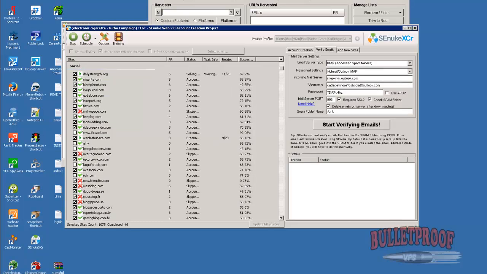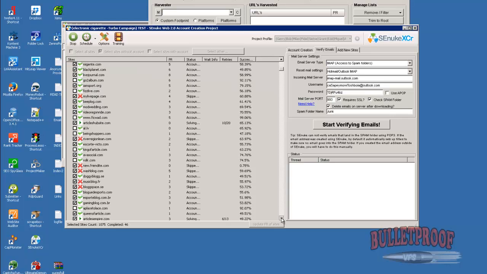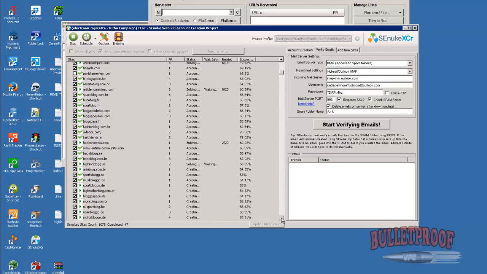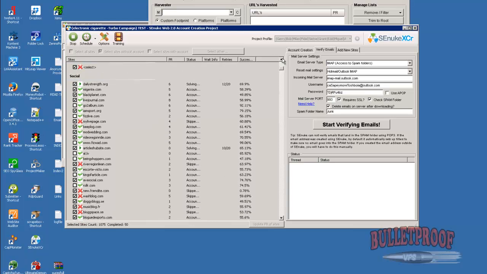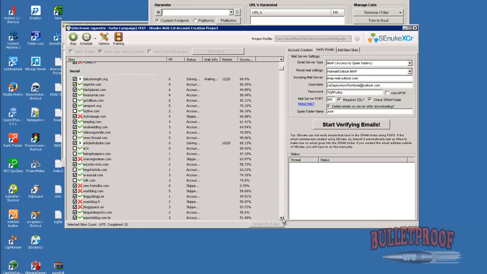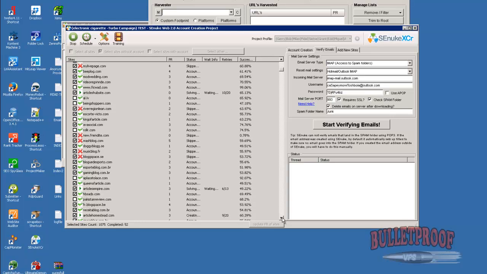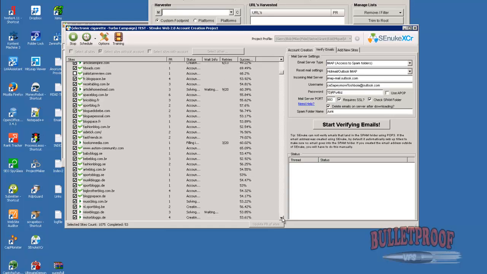Okay, so I'm just checking in here, to show you guys how good this is going. If you can get as good of a success rate as this, then what's the point in having a backup service? As you can see, it has a lot to do with the quality of your proxies, eliminating all of the slow and the medium proxies, and just using the fast ones. We use Buy Proxy and put them all on all the desktops, but if you're not getting as good of a success rate as this,